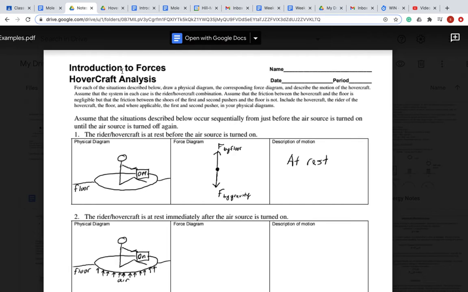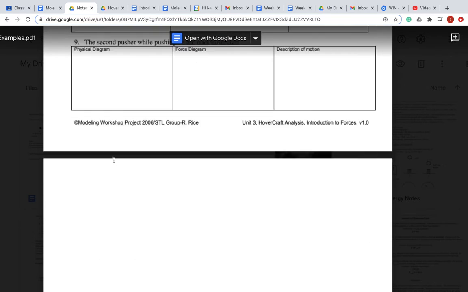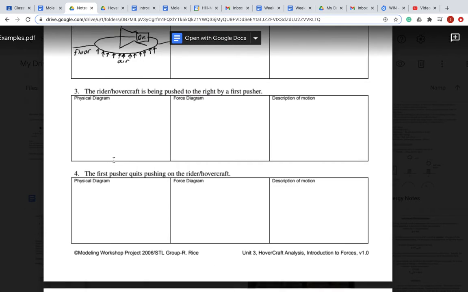All right, so this is the Hovercraft Analysis assignment. This has actually been a pretty popular assignment, because I've allowed people to have fun on the hovercraft, which I know you're not getting at this time, however, you will get your time with that hovercraft. I absolutely promise. So what you're doing with this is you are looking at 9 different parts of the hovercraft